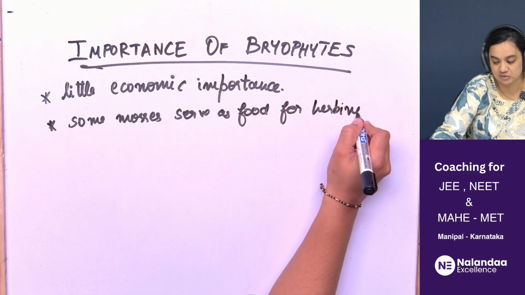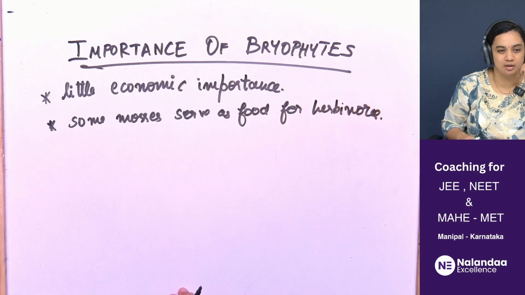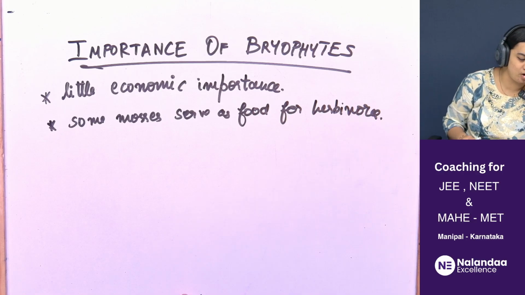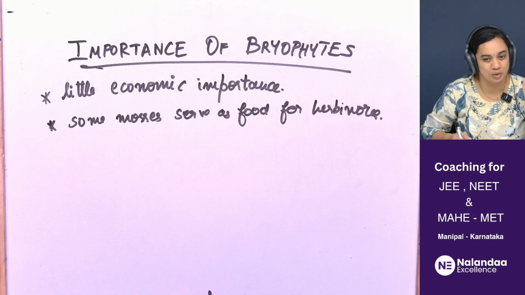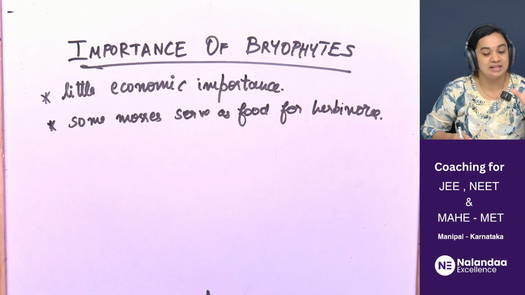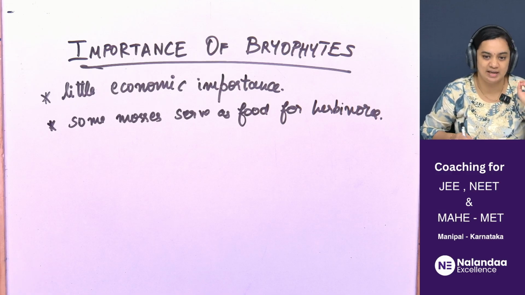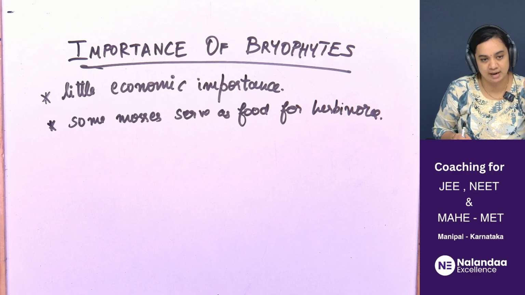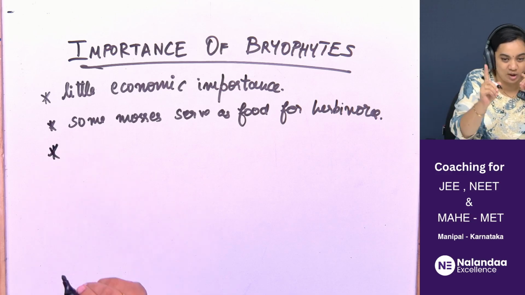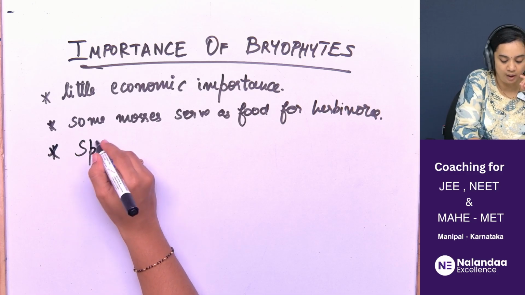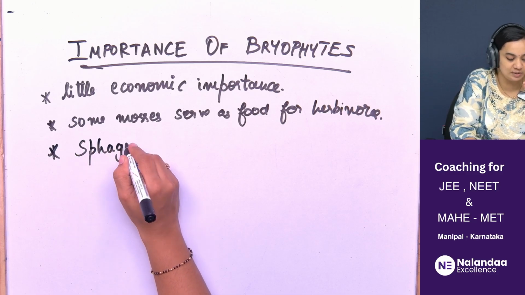There are some mosses that are eaten as food by herbivores like deer. Usually in places with freezing temperatures where the vegetation is scanty, there are certain mosses that are eaten by deer. And there is one specific moss called Sphagnum,